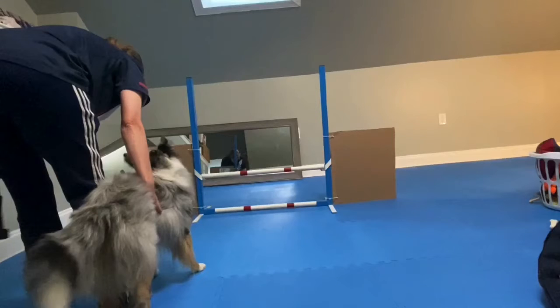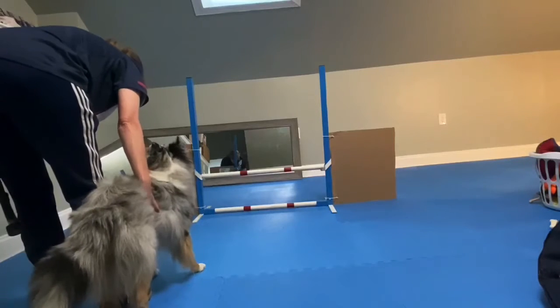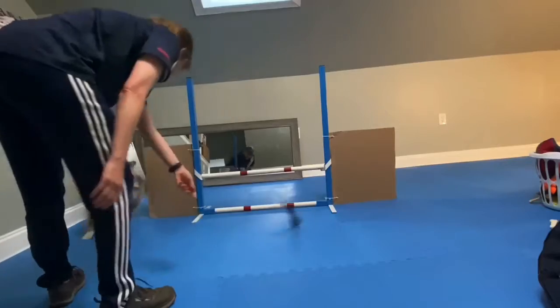Yay, Mookie gets a turn. So glad to see him get to do some more exercises in the classroom as well. So as far as the intro to collection and the work on the verbals and the turns, really pleased with